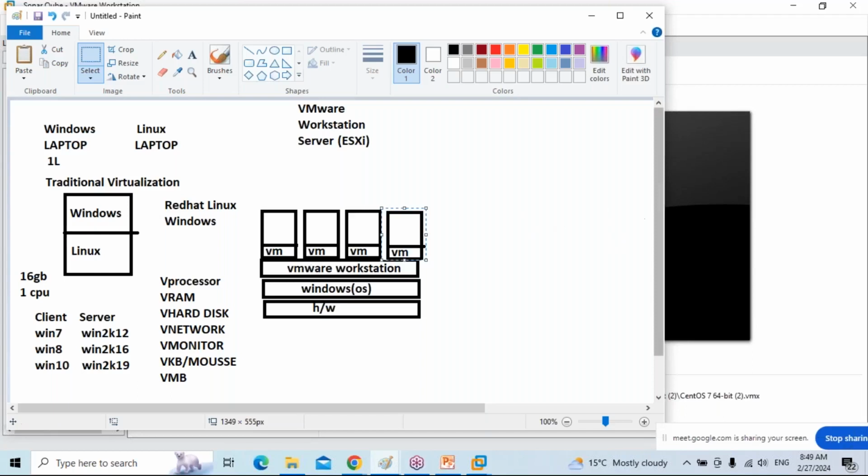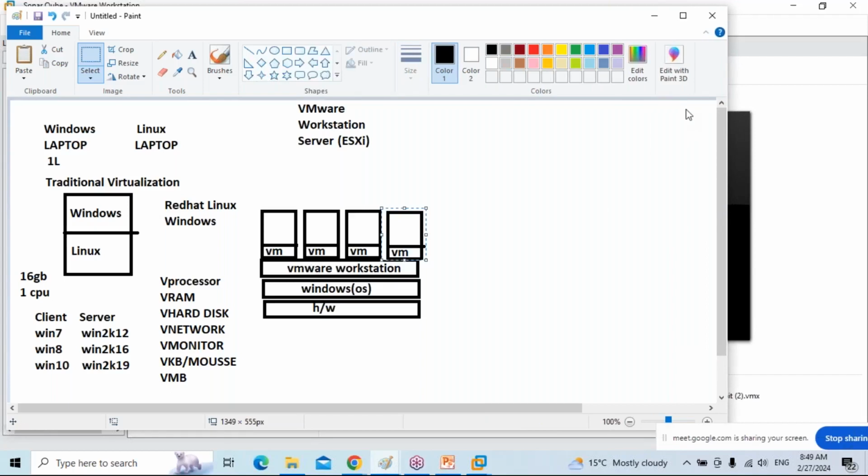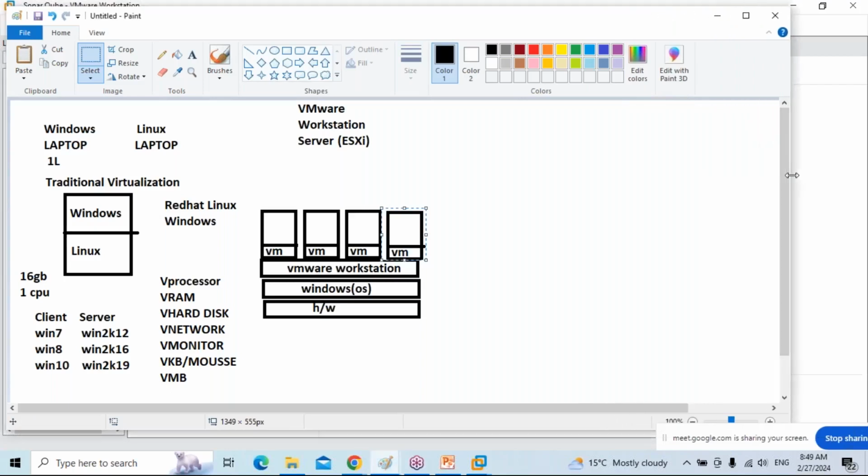Come to the server, VMware server. Generally, all the companies use only VMware server, not the workstation. Workstation is only for laptops or desktops. So this is my server.